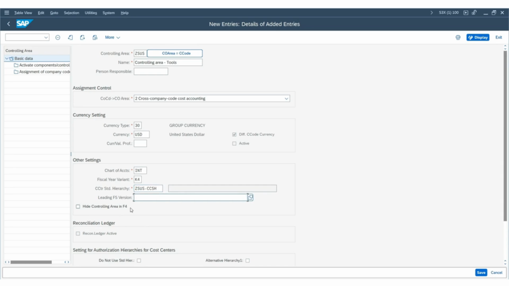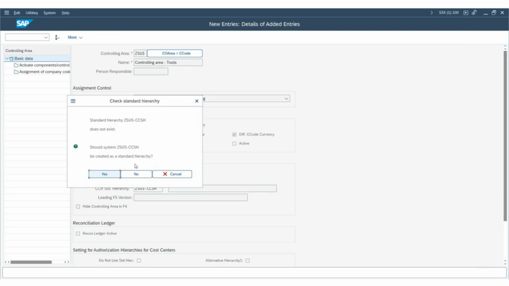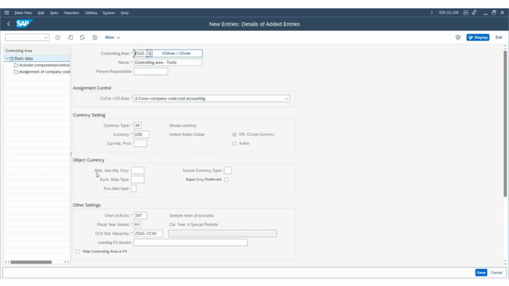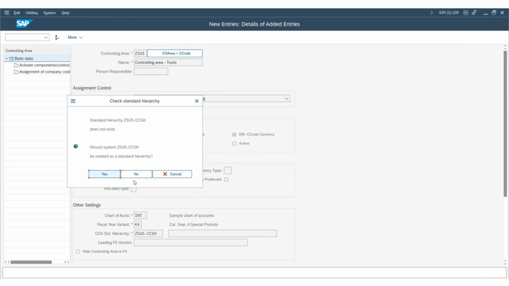Press enter. So it gives you the dialog box that the standard hierarchy does not exist, and the system should create a standard hierarchy. So click yes, and the standard hierarchy and all other information will be set. Once you finish, you can hit save. Click yes again